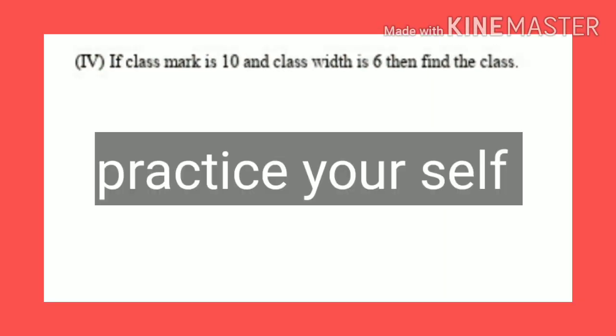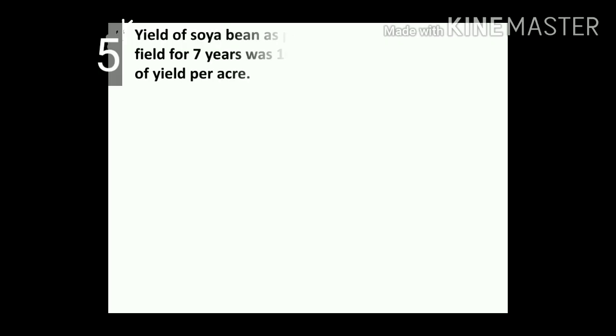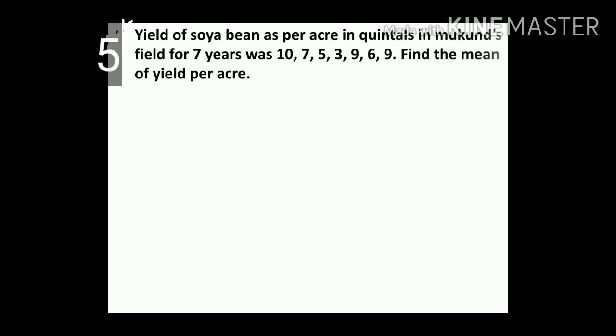Question number 4. Practice yourself, children. Yield of soybean per acre in quintals in Mukunda's field for 7 years was 10, 7, 5, 3, 9, 6, 9. Find the mean of yield per acre. Children, here we have to find the mean. Mean means, as I have just explained, children, average. Here we have to find the average of these numbers. So first of all,